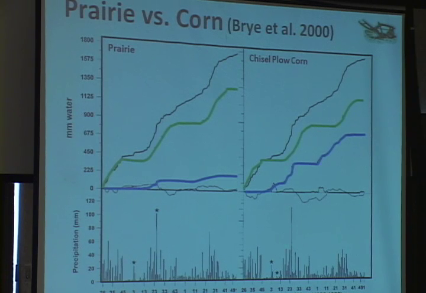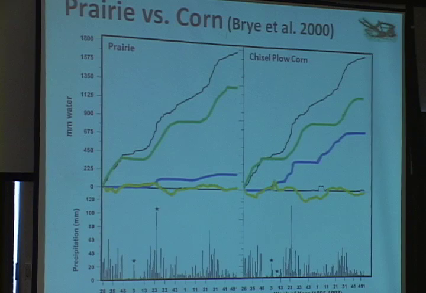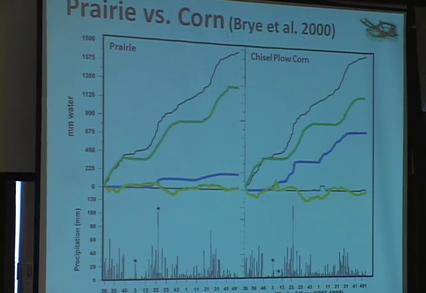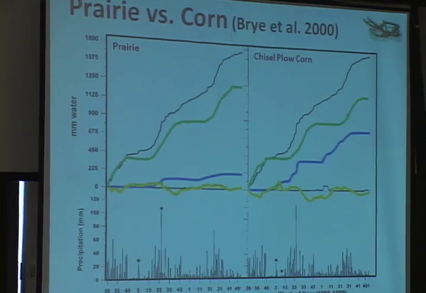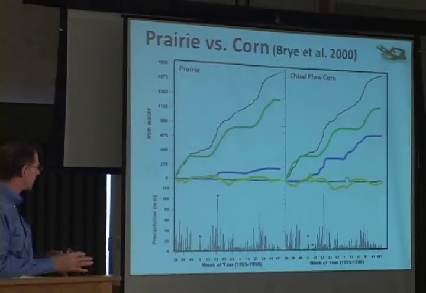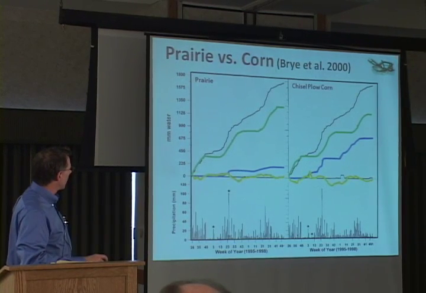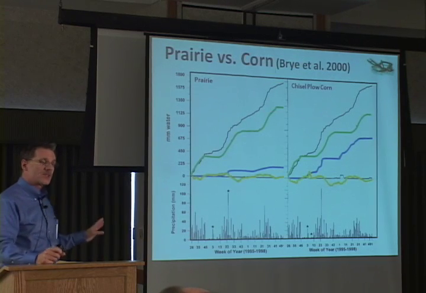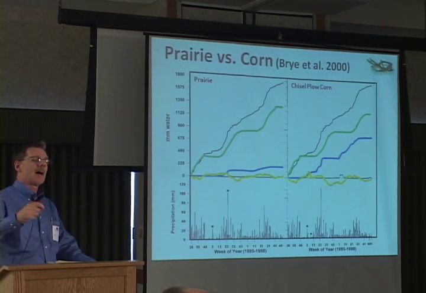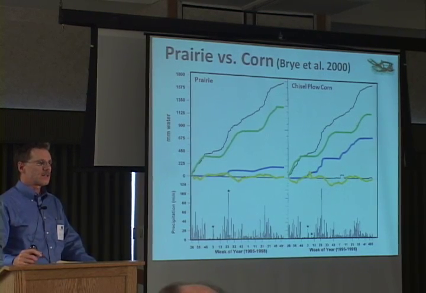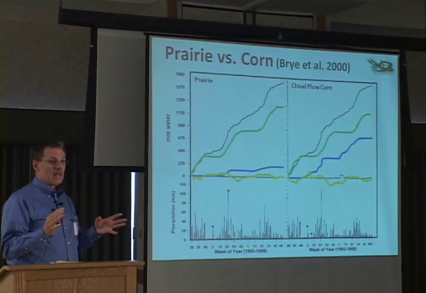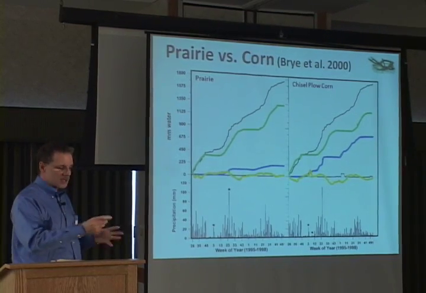two different plant materials. The other thing to recognize here is the soil moisture status now. And so we have a much smoother line when we look at the prairie, much more, we have a wetter soil profile, and it changes a lot less over time compared with the corn. So the reason for showing this is not to suggest that we need to dial back our landscape to the prairie, only to show that as we look at the river today, it's the culmination of a lot of changes over time